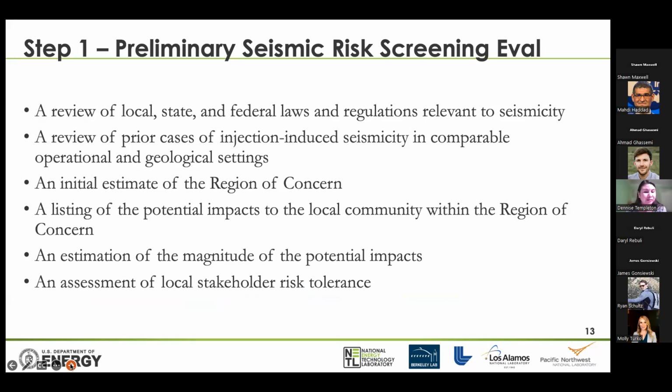And then I can't stress this enough, but there needs to be an assessment of local stakeholder risk tolerance so that we can calibrate the risk scale of an individual location. And this is a very delicate process. For scientists and engineers, this is kind of taking a step out of our comfort zone, perhaps, but we really need to think about how our assessments are going to be impacting the local stakeholders. And so like this solicitation process should be planned and carried out with care, ideally by a team with experience in the area of stakeholder engagement.